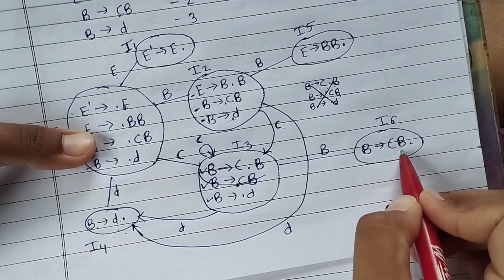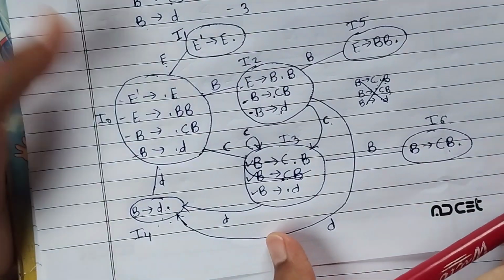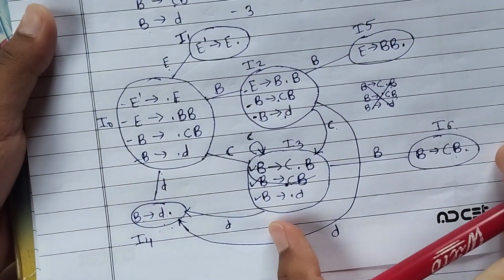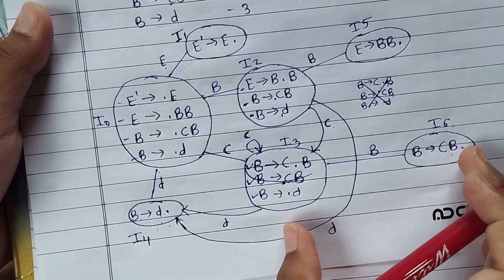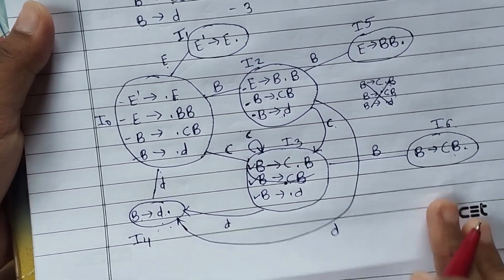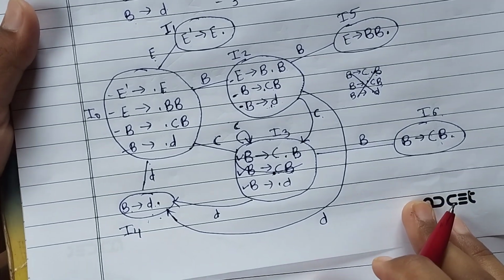This is also completed. So for our whole grammar, we visit all the states one by one and check whether our grammar is completed or not. Now this is the final DFA. Now next step,